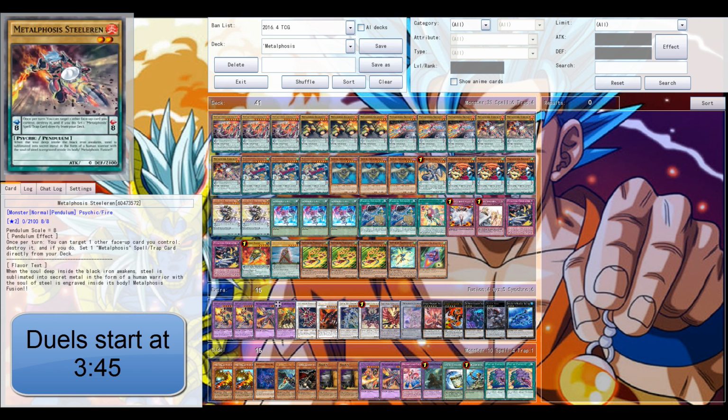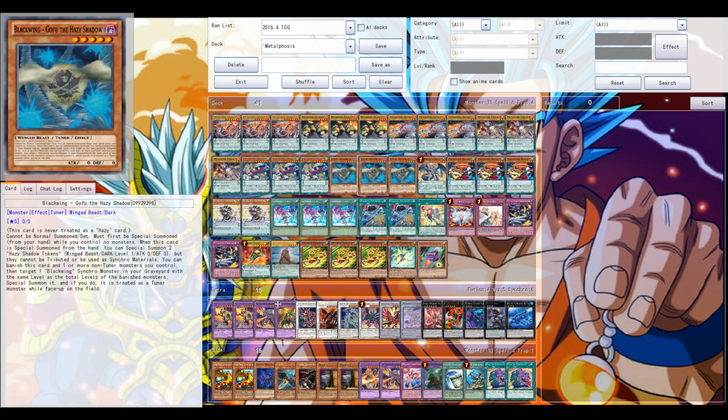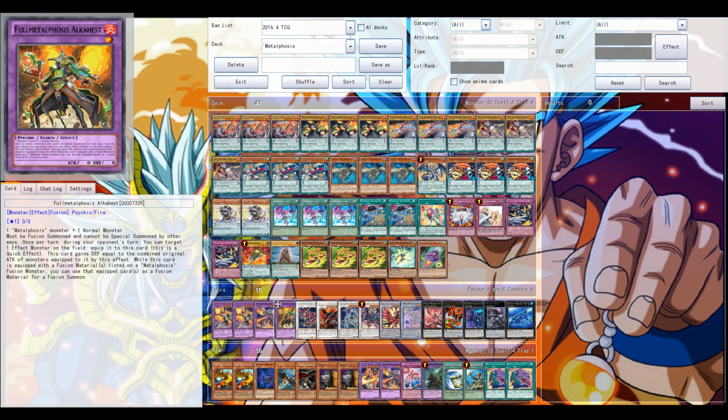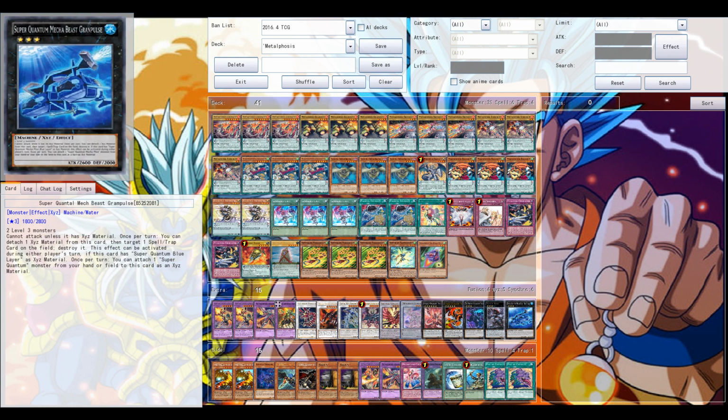Metalfoes will be coming out really soon here in the TCG, but the OCG is getting a new Metalfoes fusion monster. I believe the name is Fullmetalfoes Alkahest, Fullmetal Alchemist. We all know the anime, but the card's okay, level 1 fusion, really not that hard to